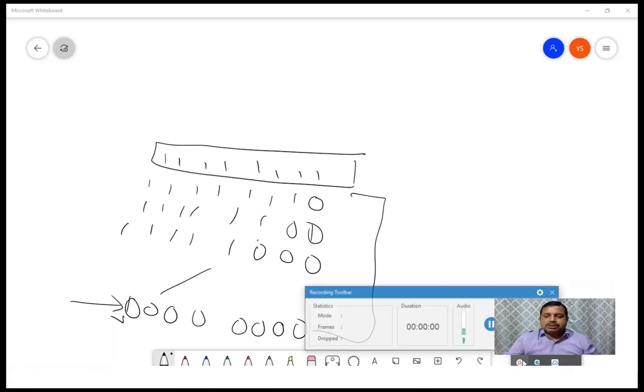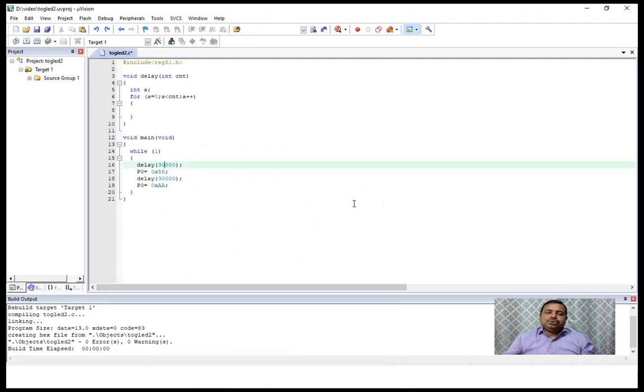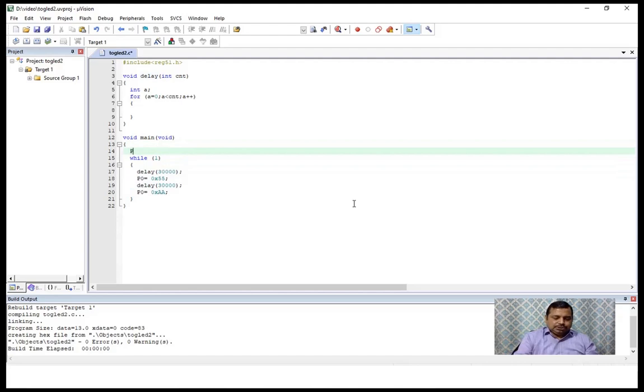I'm going to use the old program here. In port 0 I am just writing FF, so that it will start from FF. It will delay one time, and then it will move the P0 content one time to the left side, and then assign it to P0. That's all I have to do.